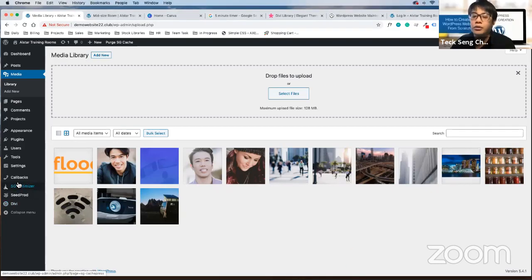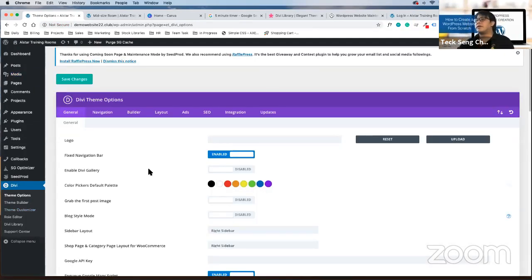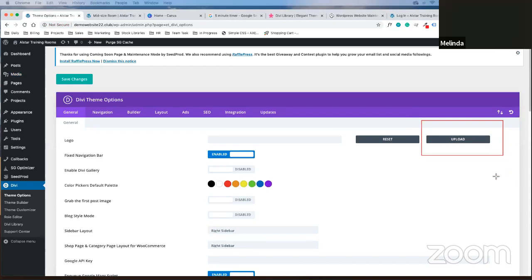Now, how to change your logo? Everyone can come back to my screen now. To change your logo, just select DV, click on theme options. DV, then theme options. Okay, as you can see, it's logo over here. So what you need to do is just click on upload over here. Okay, upload.